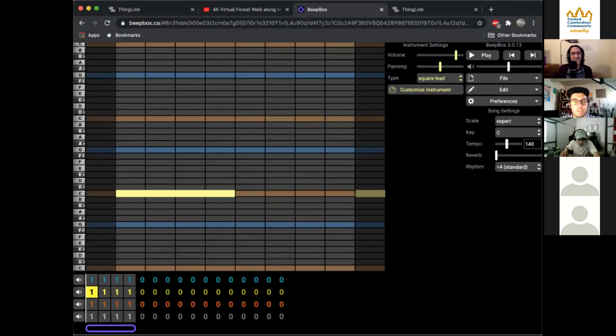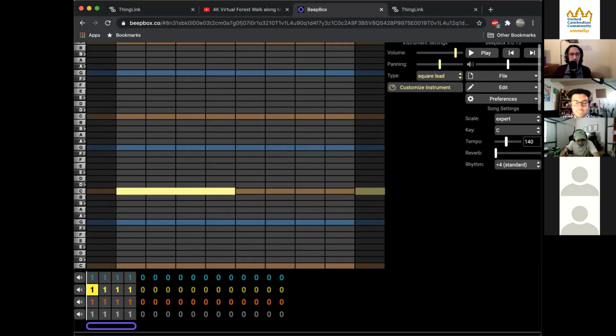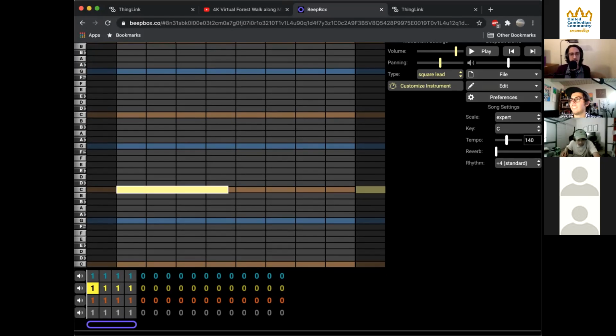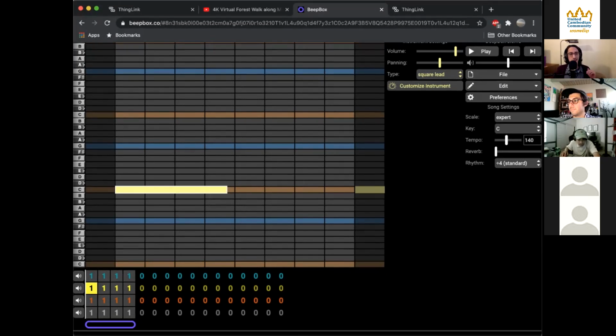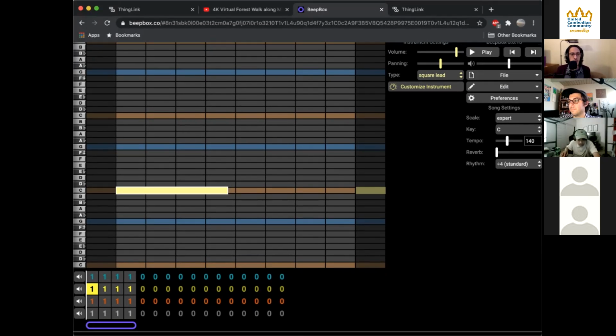No. C note. Okay. Never heard that. So let's make it 4 blocks long, and from there we're going to build up. We're going to add another note on top of it. We're actually going to go by what's called an interval. So we're going to go up 1, 2, 3, 4 spaces, and if you look, that should be the E note.